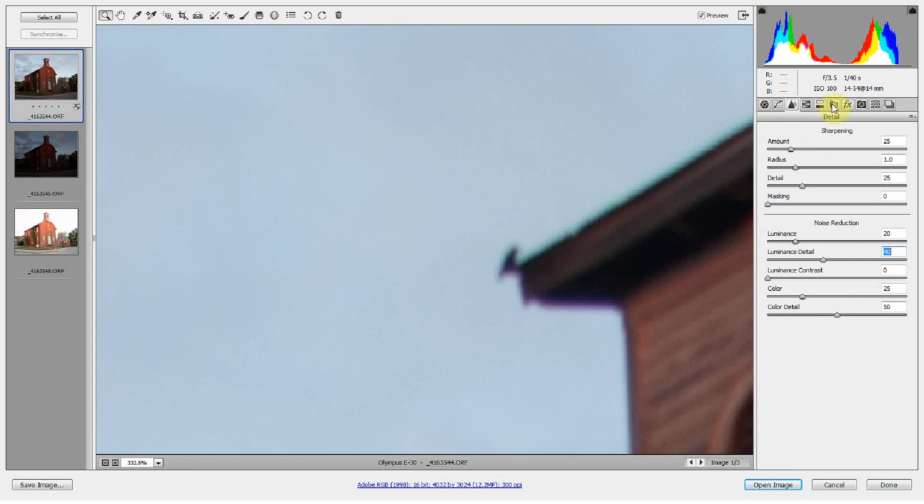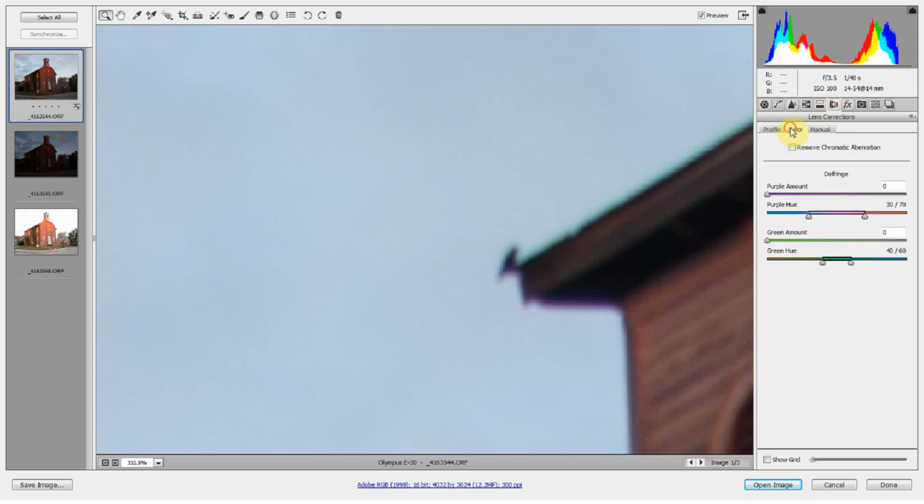Now I'm going to go into the lens correction section, and I'm going to go to color. In color, I want to remove the chromatic aberration. Chromatic aberrations are those green and purple haze you see here on the edges. It happens within the lens. It's common. So I'm going to move the purple up just a little bit and see what that gets me. Sometimes you need to adjust the hue down below as well, and just play with it until you get it to a point that it's acceptable for you. So here's the preview, and here's the afterwards. That looks pretty good to me.